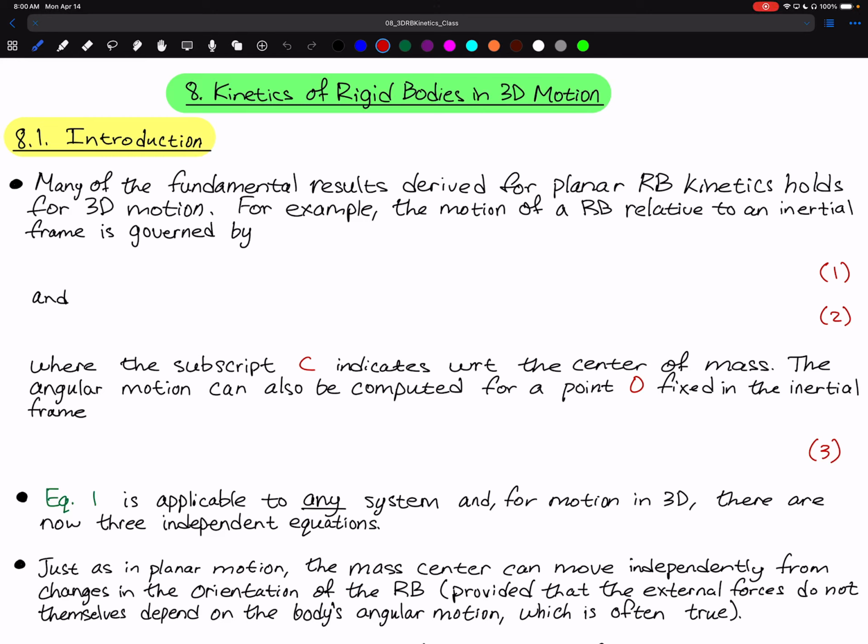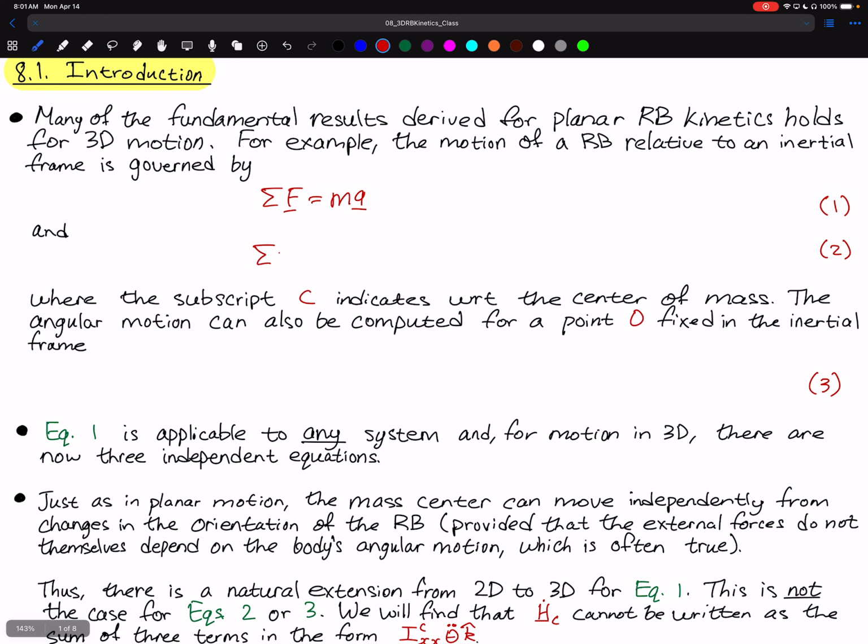All right, so we're going to start off with a little introduction here. So many of the fundamental results that we've derived for planar rigid body kinetics still hold for 3D motion. For example, the motion of a rigid body relative to an inertial frame is still going to be defined by Newton's laws. We'll have the sum of the forces is equal to the mass times the acceleration of that rigid body. And then the sum of the moments about the center of mass